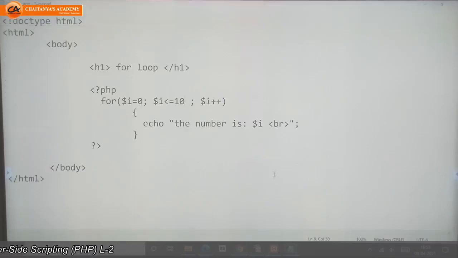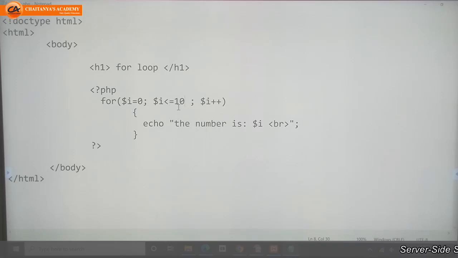So like that, this is about variable scope, how to know the data type. Next, control statements: if and if else, and now the loop statement, that is the for loop.